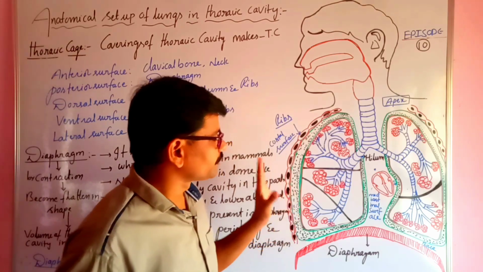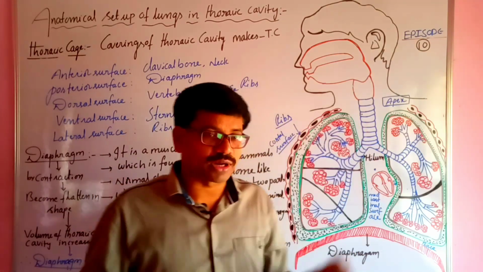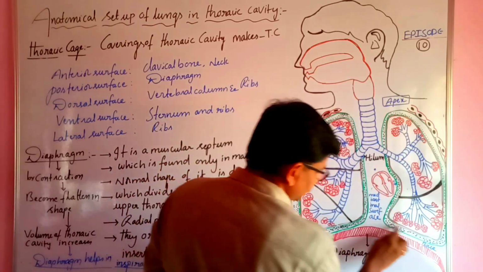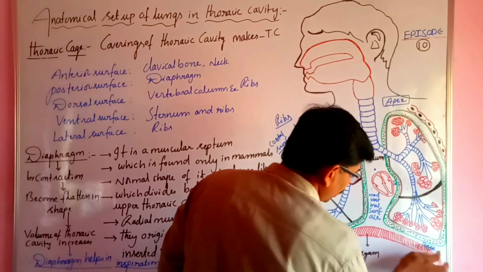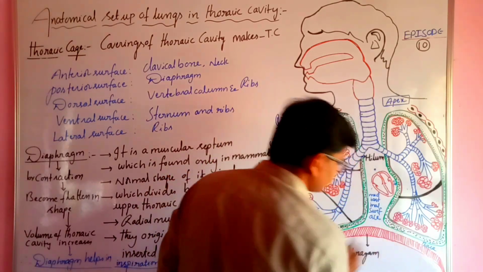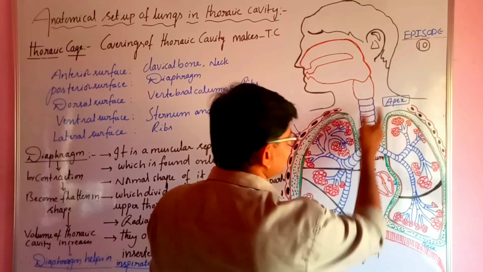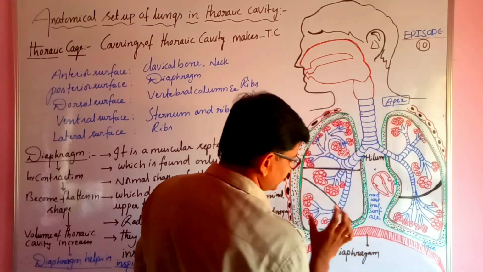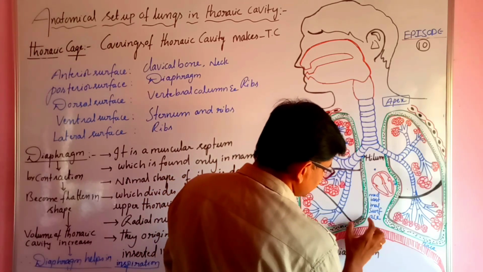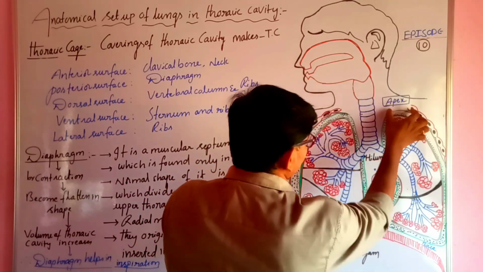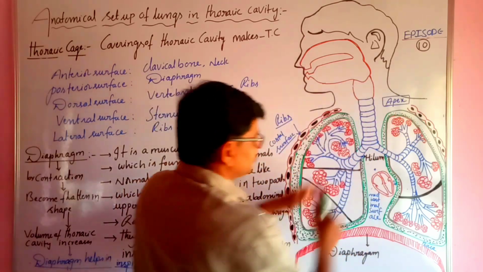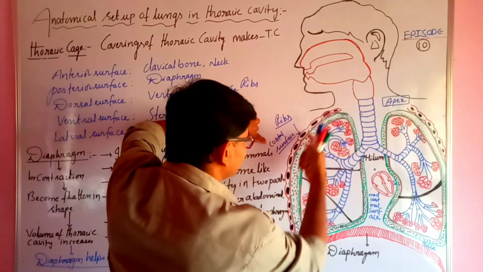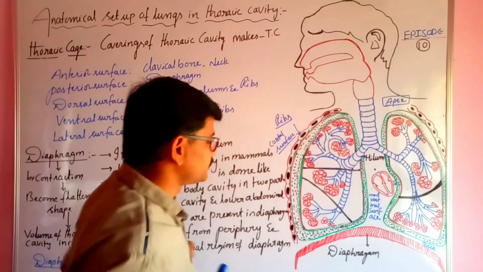Along with that, some important parts are given in the thoracic cavity. If you see the lungs, at the lower surface of both lungs there is a base, which is a concave, broad surface. The opposite part is the apex, which is narrow. Next, both lungs are surrounded by the costal surfaces, the costal cartilaginous surface formed by the ribs.